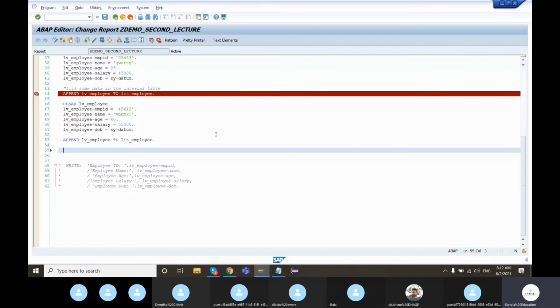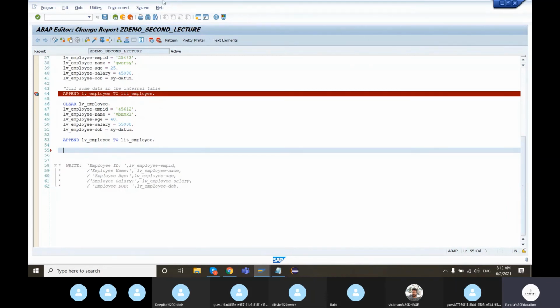So depending on the version of the NetWeaver you are using, in the first lecture I had highlighted that NetWeaver is an environment in which your ABAP code can execute. Just like JRE or JVM is an environment for Java code to execute, the ABAP code that we are writing can execute only in the NetWeaver environment. So depending on the NetWeaver version, certain syntaxes are supported, certain syntaxes are not. The for statement is supported only on NetWeaver 7.4 and above.